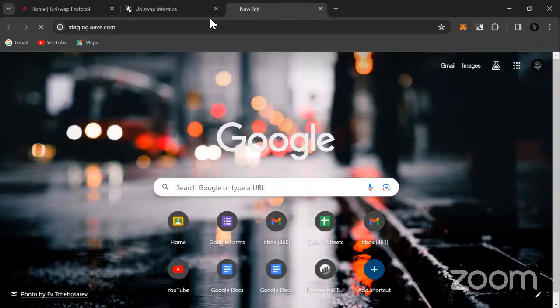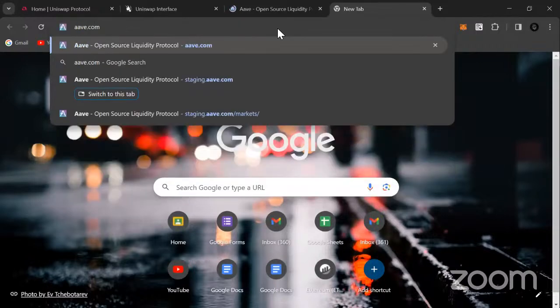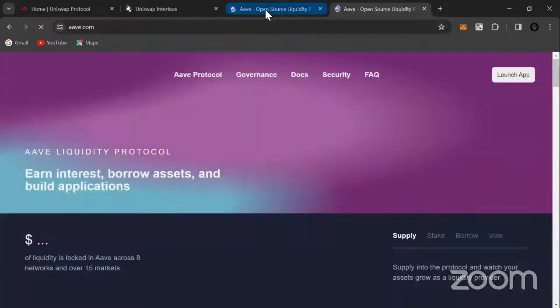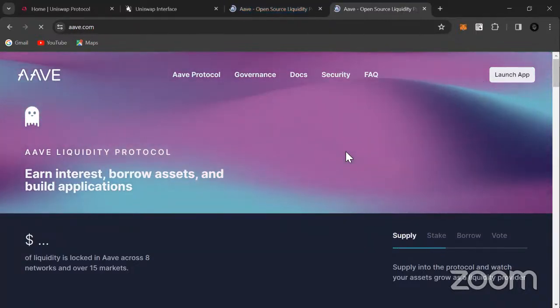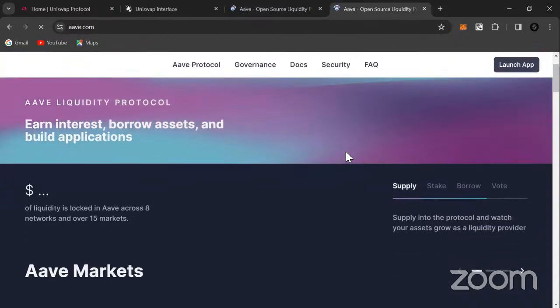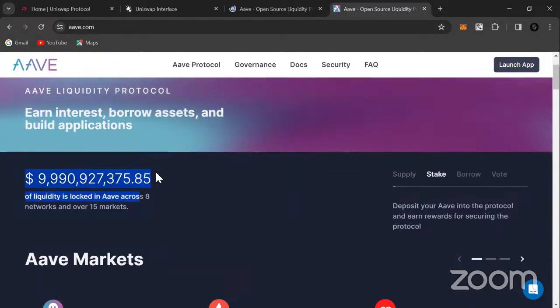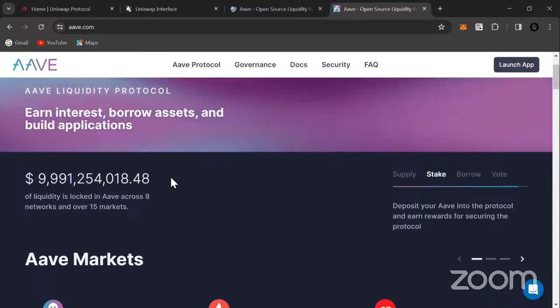But if you actually wanted to visit, while this is loading, the Aave website is aave.com, right? So it's basically the same thing. This aave.com, of course, is their protocol. You can go here and see information about them. Right now you can see how much the smart contract, the Aave protocol, is holding. This is about, I think, 9 billion plus, and it's counting every second, right? And you can always see the blockchain. So this information they are showing us, you can always verify it. How?